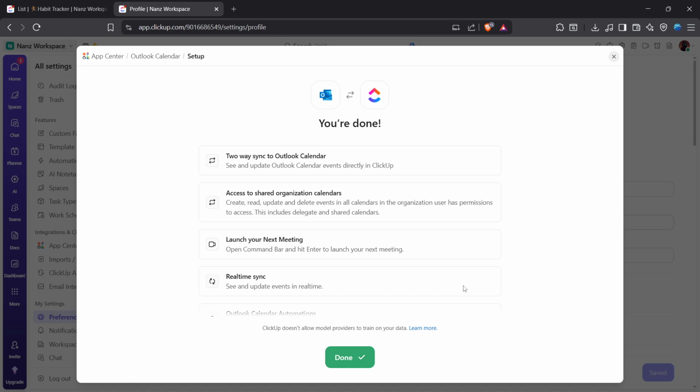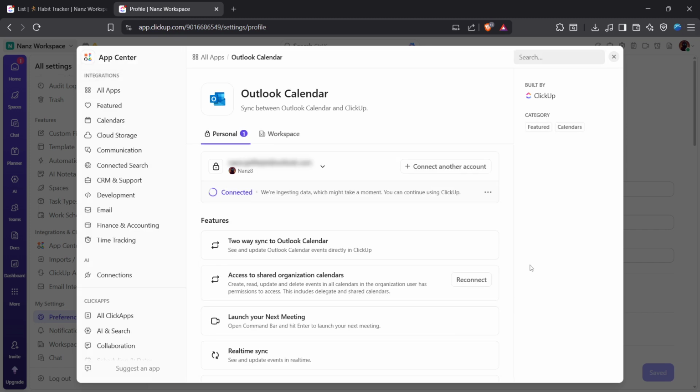If you're working across multiple ClickUp workspaces, double-check you connected the correct one by looking at your workspace name in the top left corner before you start. If the Apps option wasn't visible earlier, you may not have the required role in ClickUp. An owner or admin can enable access for you. And if search didn't show Outlook Calendar, refresh the page, or clear any filters in the App Center, and try